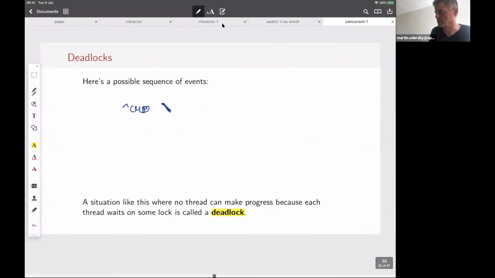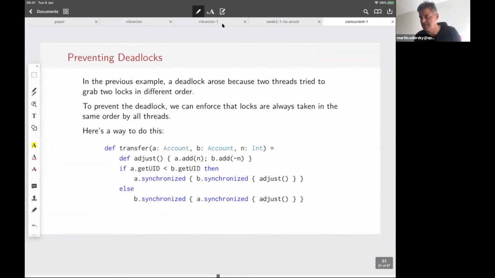So the solution here, when we do the transfer, looks at this getUID thing that I've defined, the unique ID. So now we have a total ordering between threads, and we pick the one whose UID is smaller, and we first grab the lock of that thread and then of the other, and then we do the adjust.